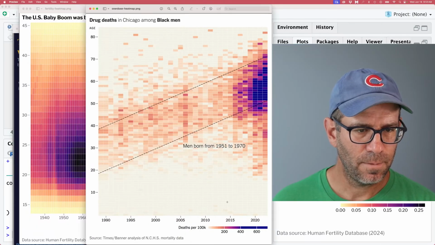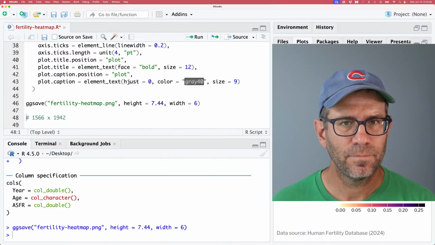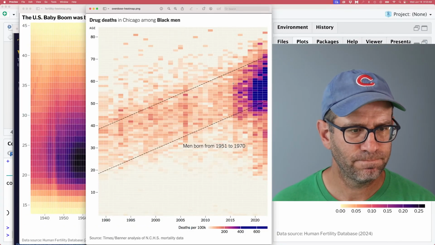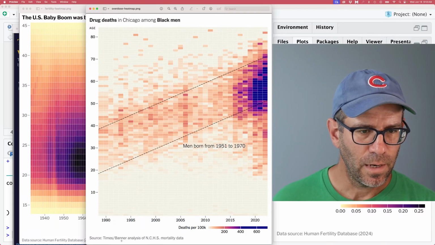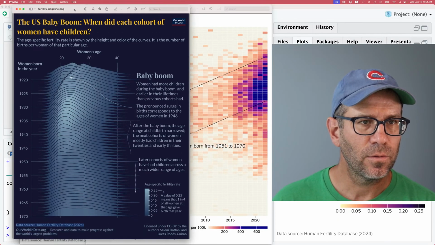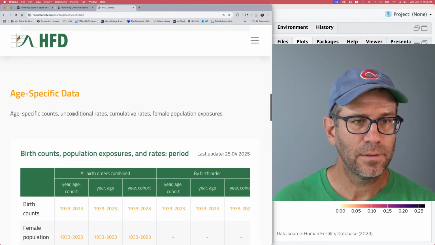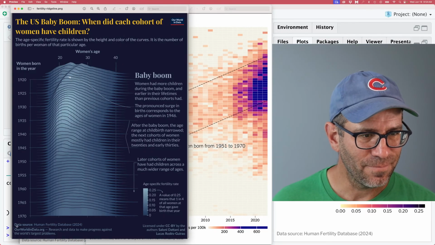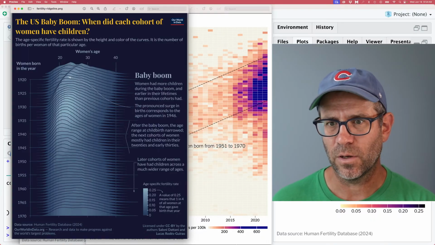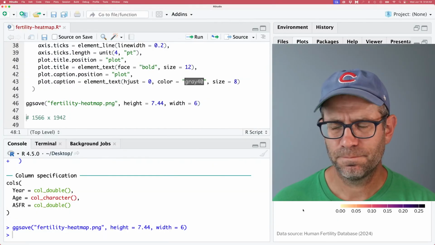Okay. And maybe that could move up a little bit. Or sorry, let's shrink it down a little bit. So like, let's do 8. Okay. And so one thing I recall from the Our World in Data is that the data source is bolded and everything else is a plain font, right? So let's go ahead and